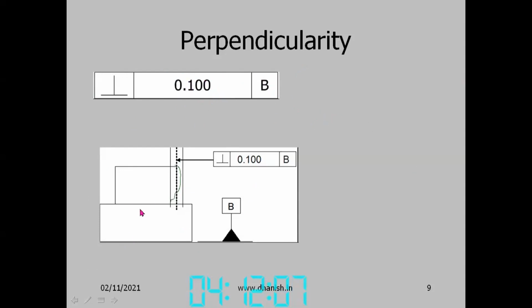So first we have to locate the workpiece here, B, and then a dial has to be moved vertically, and the total deviation should lie within 0.1. So that is the meaning of this geometric tolerance. So that shows that the axis of that top cylinder is perpendicular to the